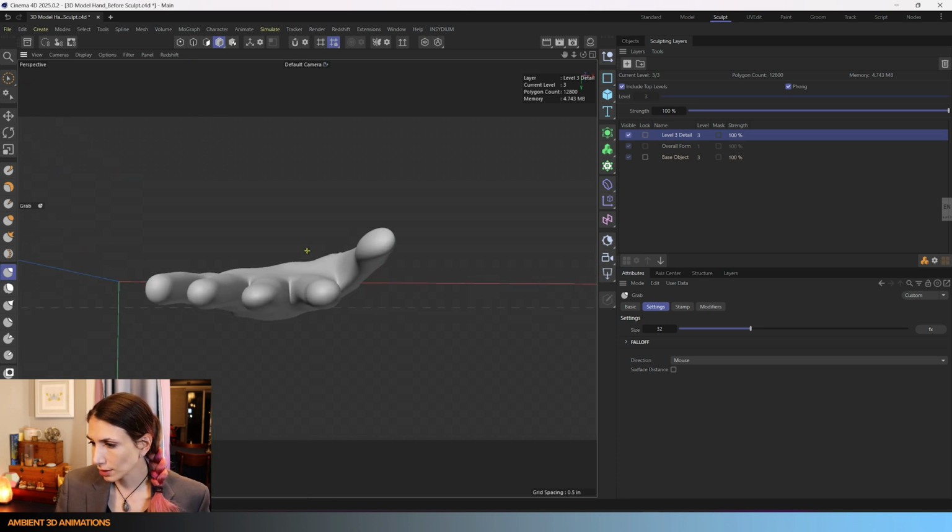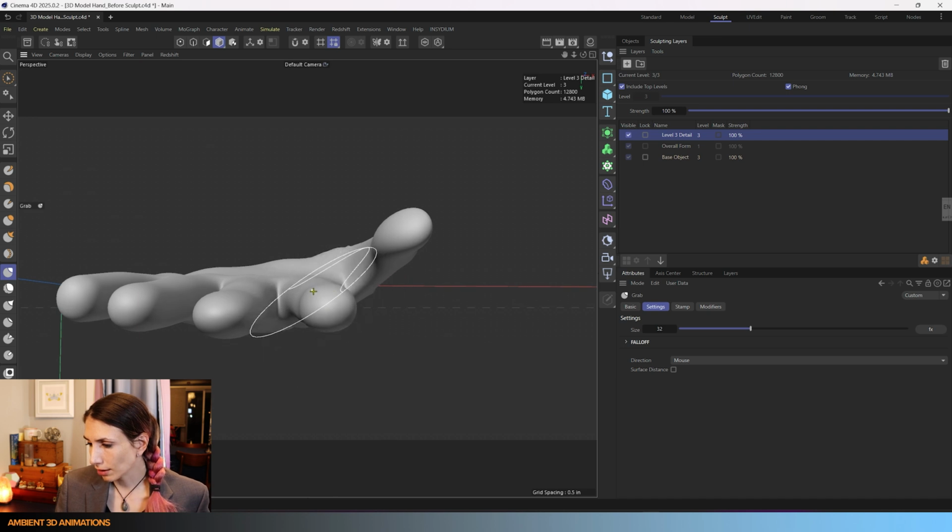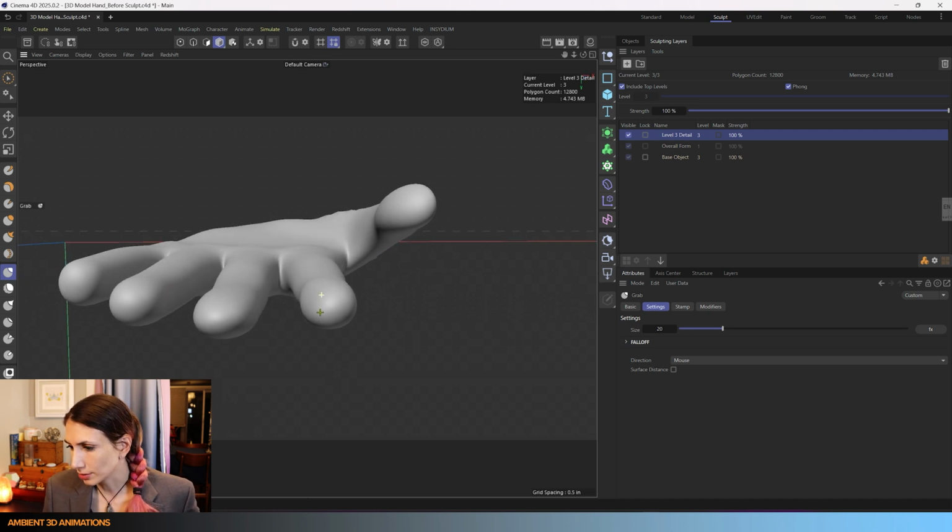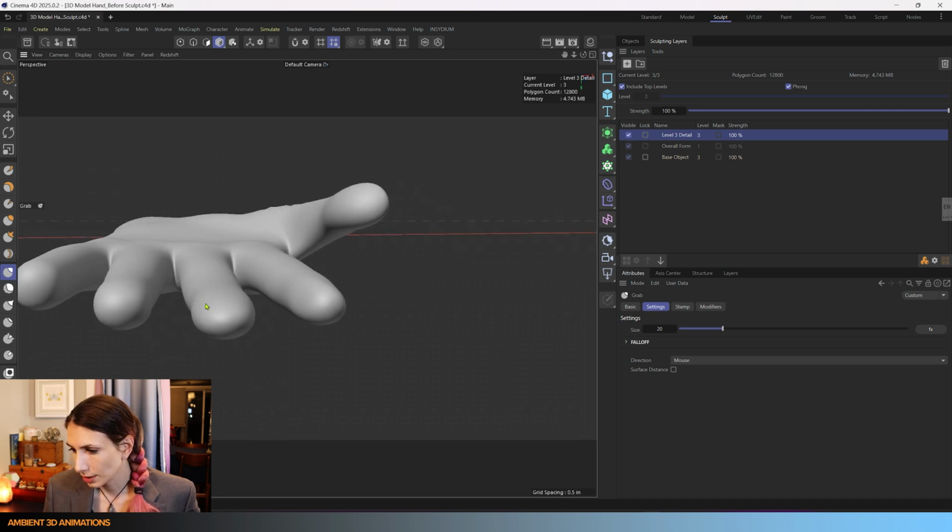And if you look at your fingers, they aren't actually this round. They aren't that perfectly round. You might imagine them being very round in your head, and they're pretty round, but they're not a perfect circle. So I find it helpful to just make some subtle surface changes in here. I'm just moving this surface in a little bit